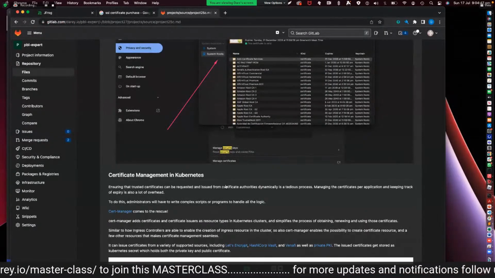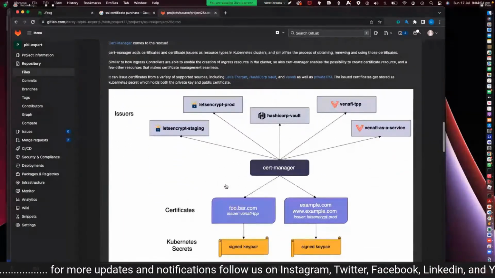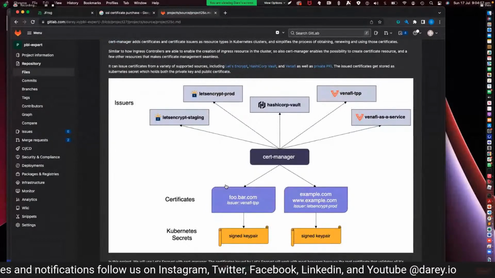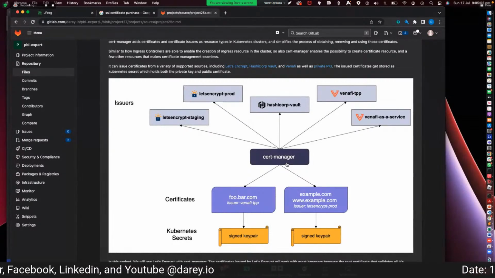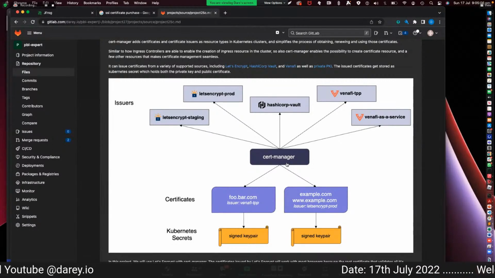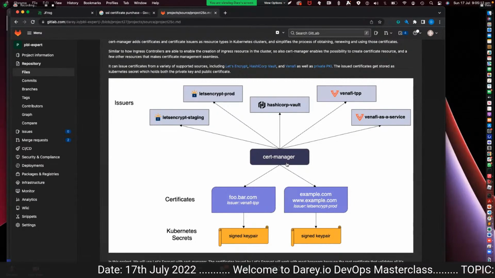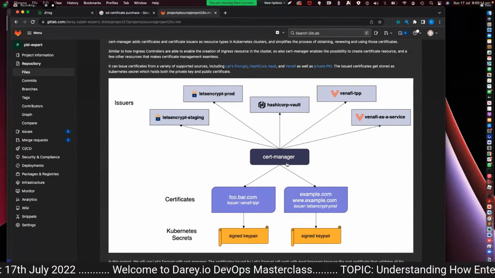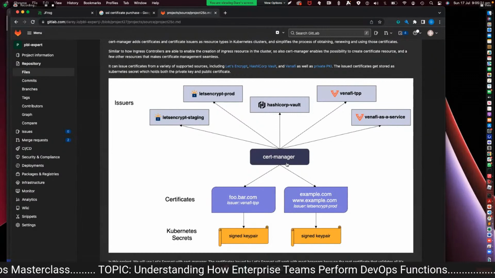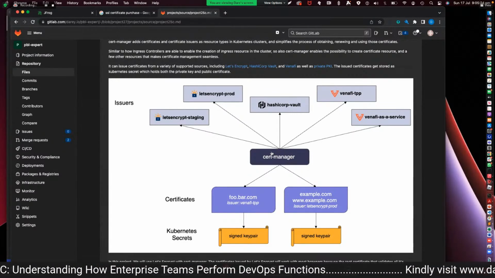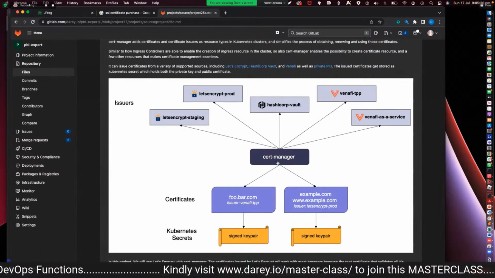Okay. Now let's talk about certificate management in Kubernetes. So one of the tools used in the real world at the moment is Cert Manager. There are other ones. Even Amazon has its own certificate management solution. And I believe there are open source tools that you can actually use with it, so that you rely on Amazon to issue certificates and all that. But the one that is very, very stable at the moment, that is being used in many production systems, is this Cert Manager. It is open source, and all it does is it works with